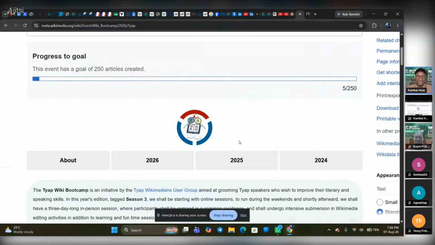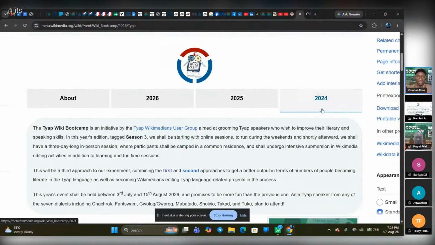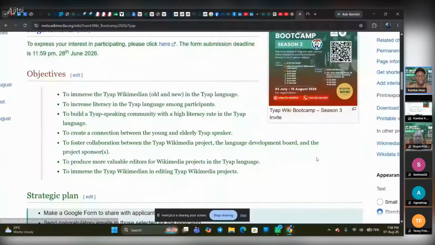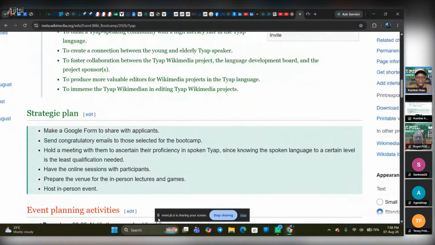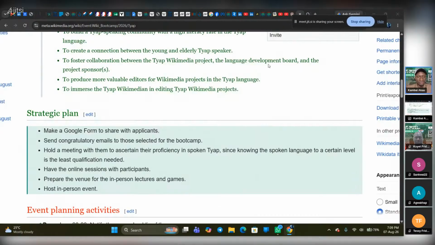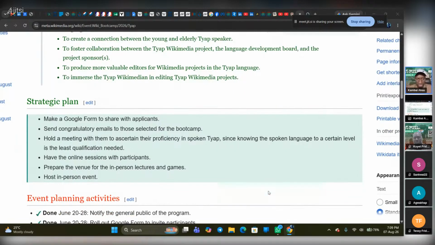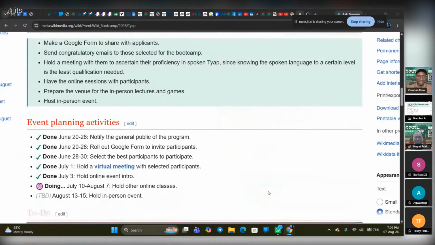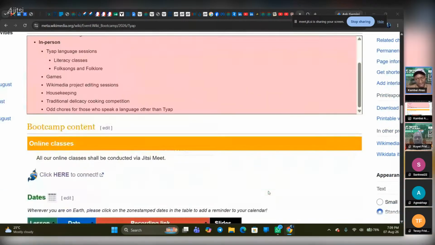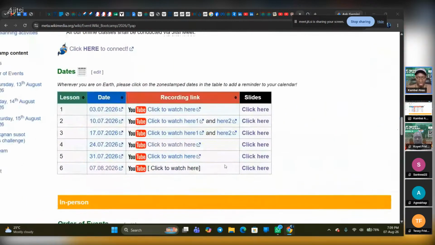This is the third season since we started in 2024. And for those of us who have been present with us, thank you for staying with us thus far. We also hope that you were able to be different from the way you came. Maybe earlier on you came without the orthography of the Tyap language in your mind, or without an understanding of what is possible and what is not possible in the orthography. And possibly, hopefully, you must have learned what is possible in the Tyap language,